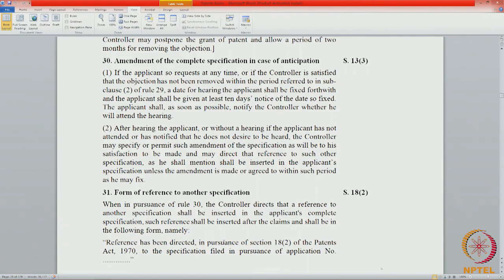So after the hearing, the controller may specify or permit the amendment to his satisfaction, or he may direct a reference to be inserted in the specification, because we had seen that the controller also has the power to make references in case of anticipation.